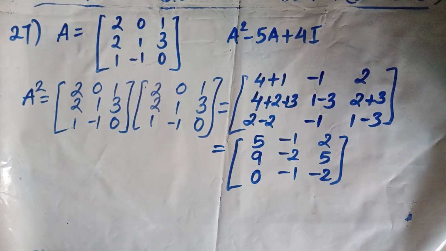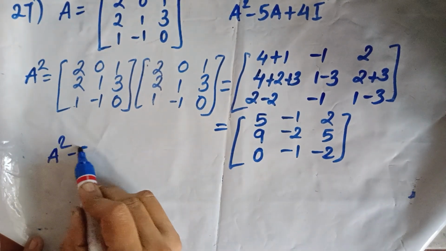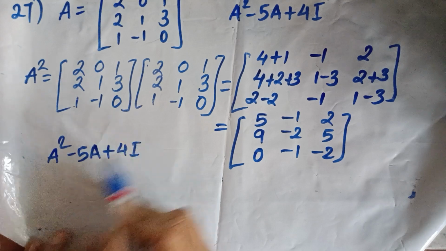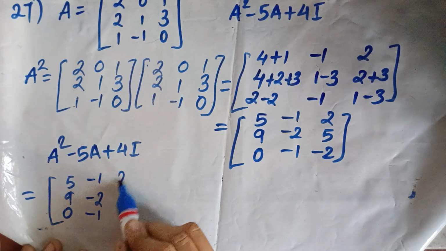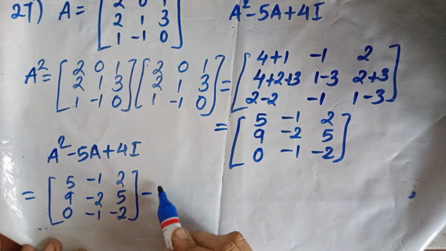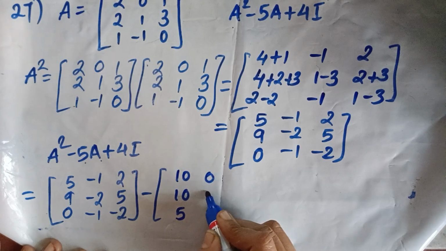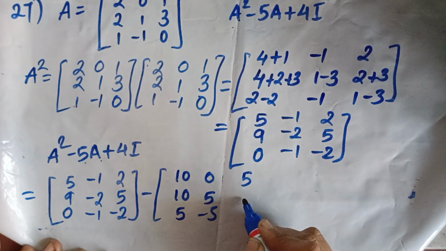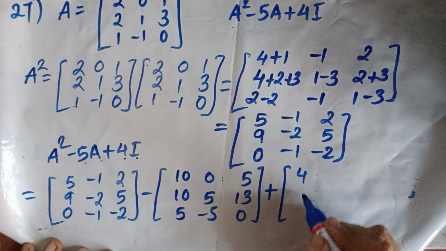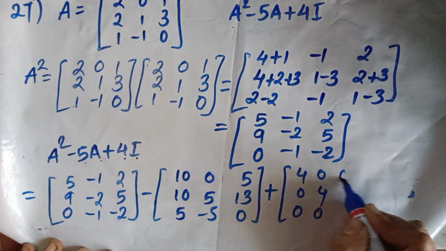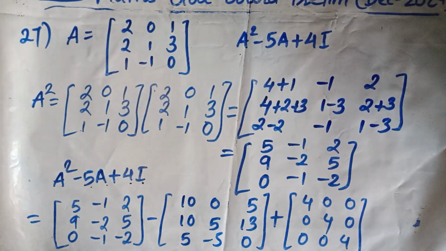Okay, so put this in this equation. 5, 9, 0, 2, 5, minus 2. 5 into a, so 10, 10, 5, 0, 5, minus 5, 5, 13, 0, plus 4 into identity matrix. So 4, 0, 0, 0, 4, 0, 0, 4. Okay, so adding and subtracting, we'll get